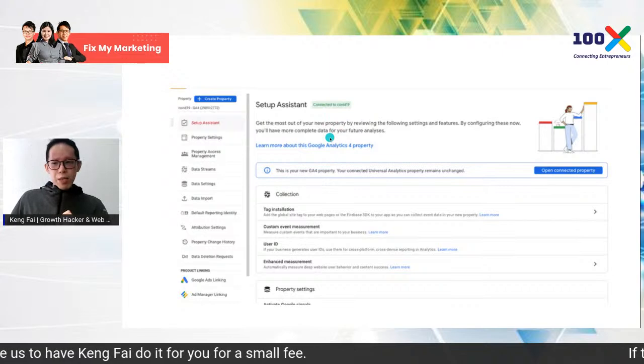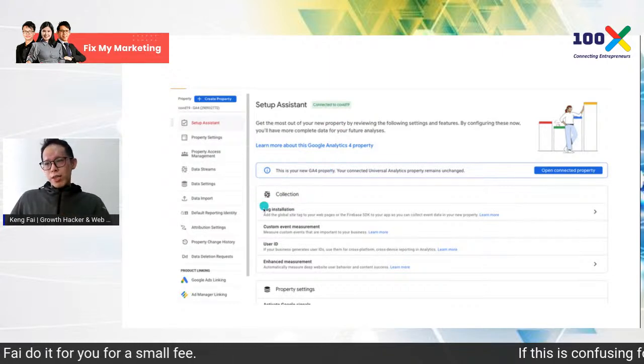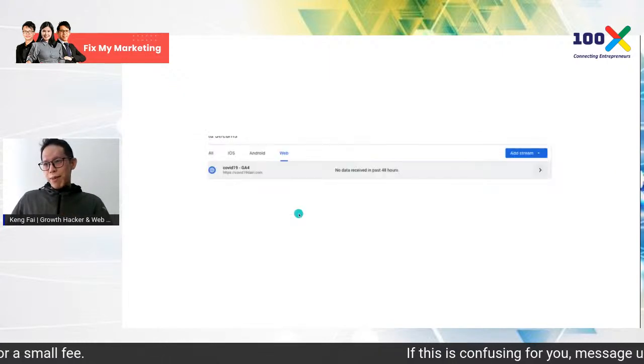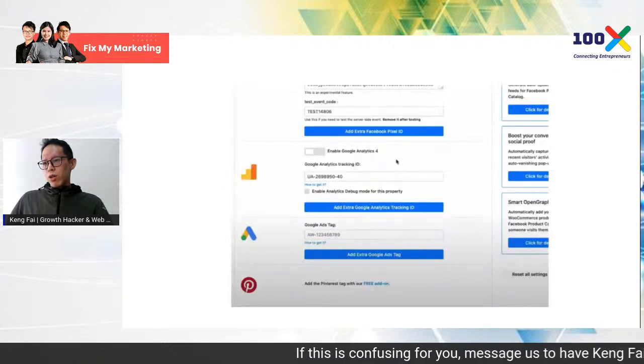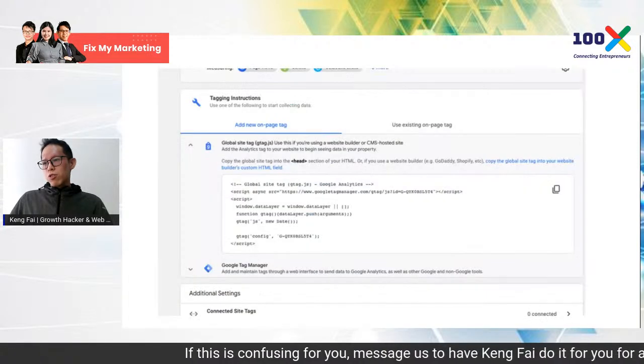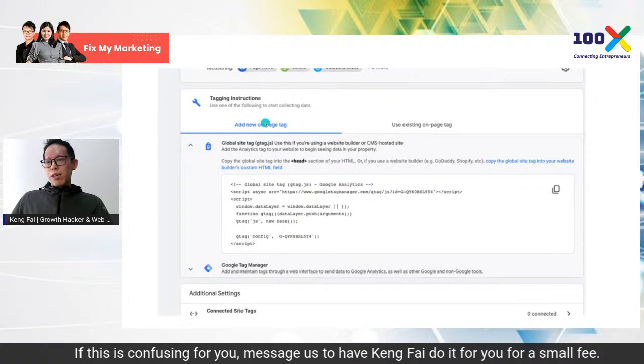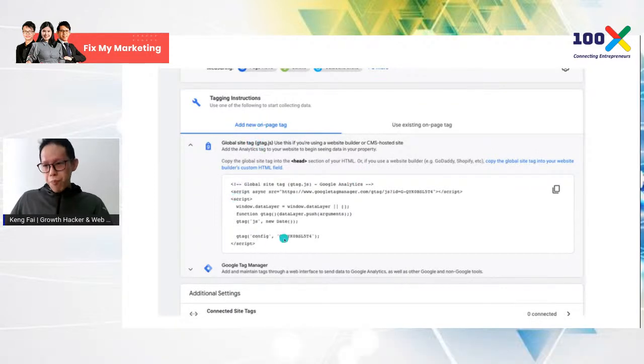So there are a few methods you can use. One, you can use tag installation, where you use the legacy method. You use the tagging instructions, where you still put the code in, and this will use the GA legacy method.